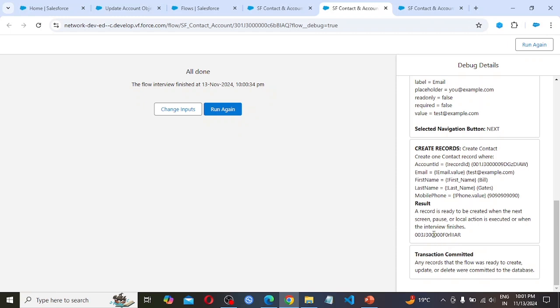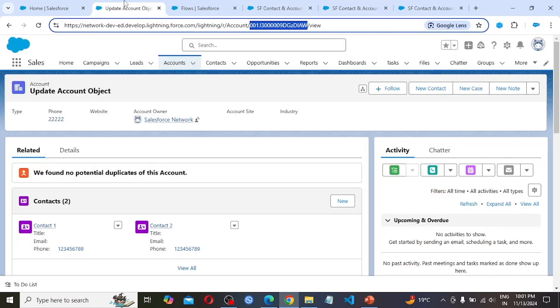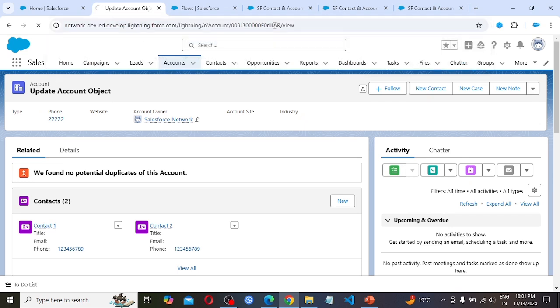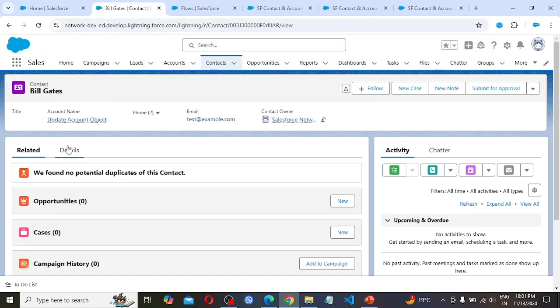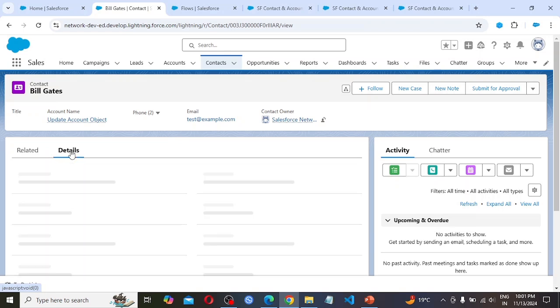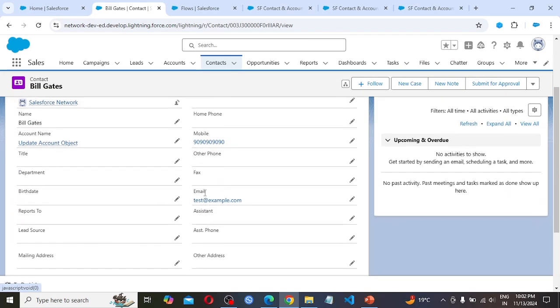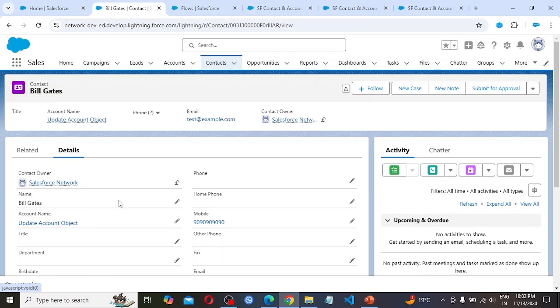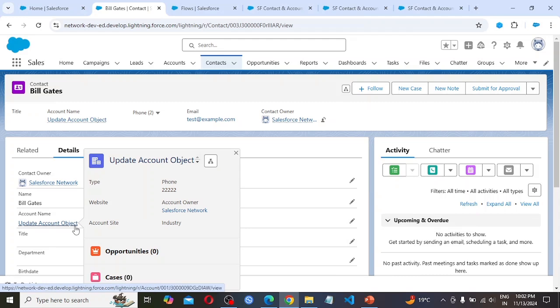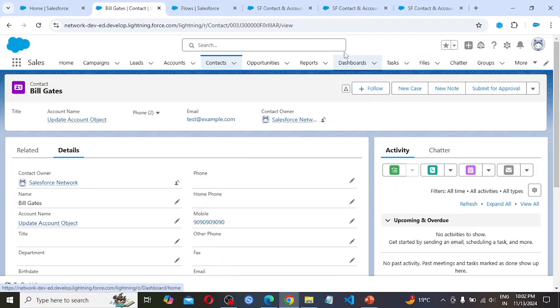So to check whether the contact is created or not, I am copying this ID and again coming back to our account. Here I am placing that ID and hitting the enter button. So in the details we are able to see name Bill Gates, phone number is here and also email is here. So for which account this contact is related, so update account object what we had taken. So again coming back to our flow,